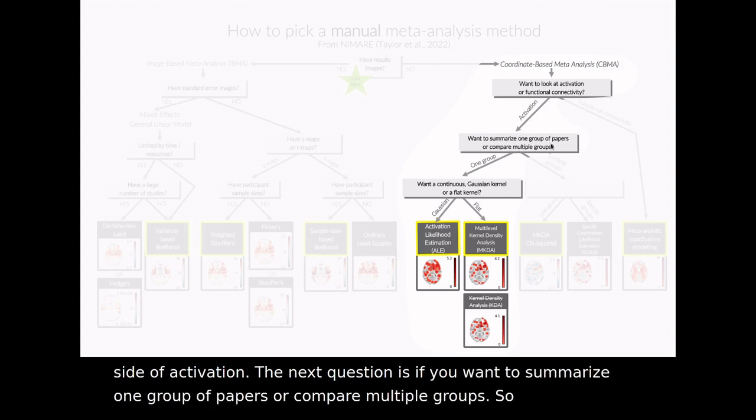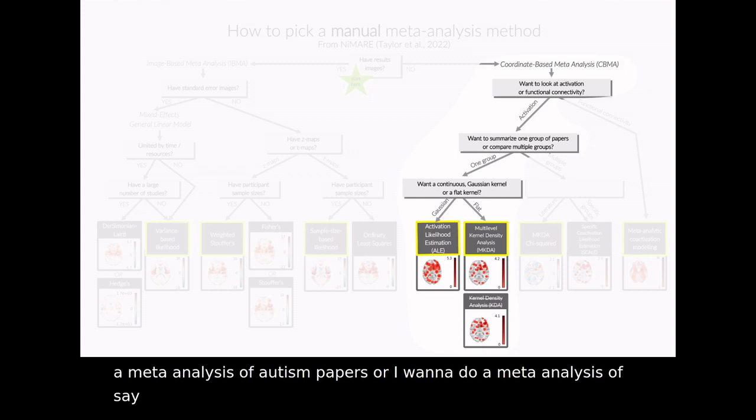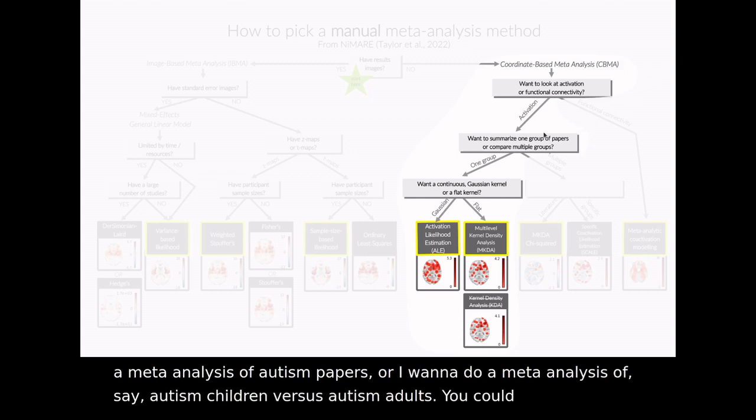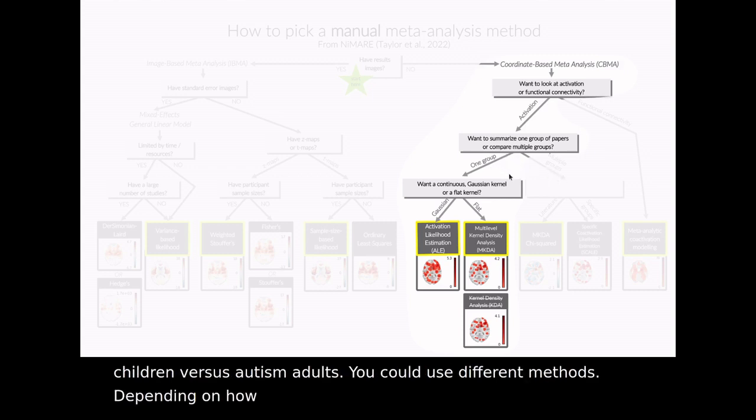So say I want to do a meta-analysis of autism papers, or I want to do a meta-analysis of, say, autism children versus autism adults. You could use different methods depending on how many groups of papers you have. So if you have one group,